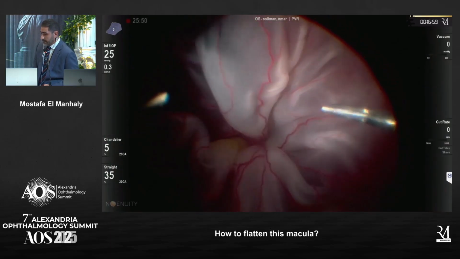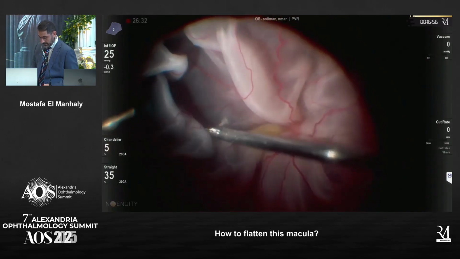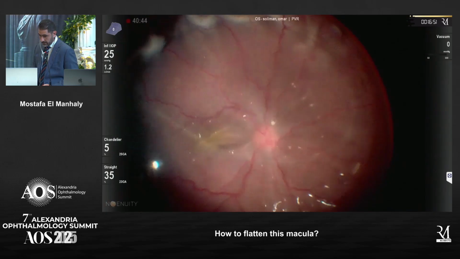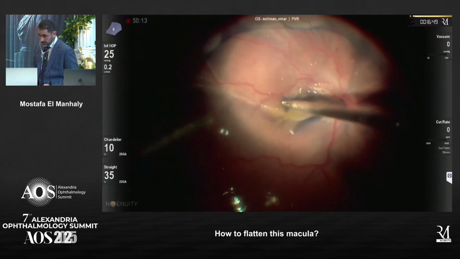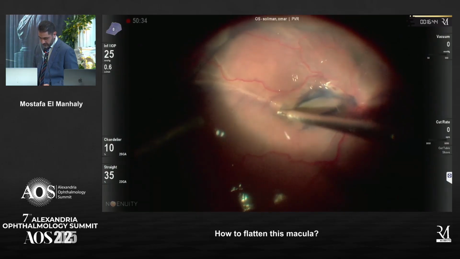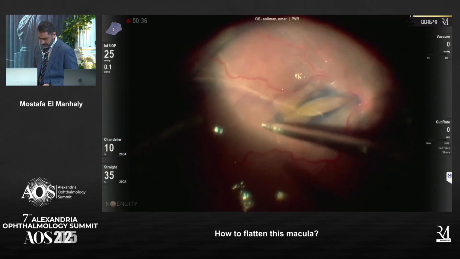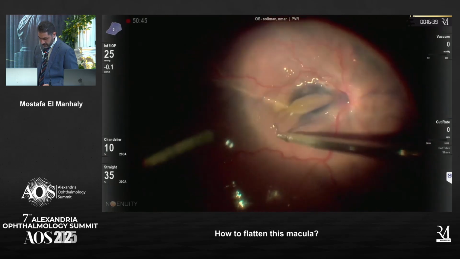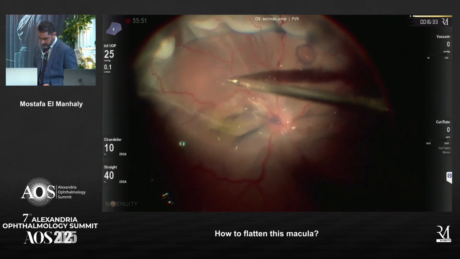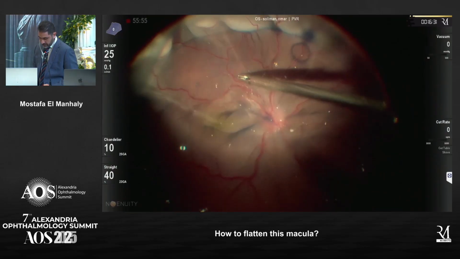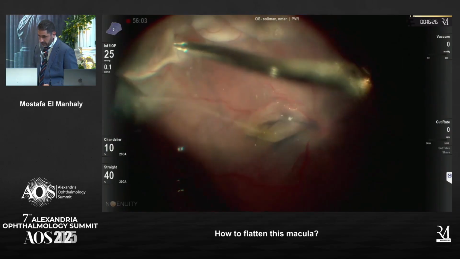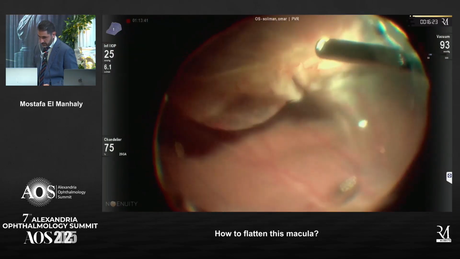Well, this is a pediatric retinal detachment, and the retina looks as if there was an epiretinal membrane, but after flattening the central part with perfluorocarbon, I discovered the presence of a taut subretinal strand, and actually it was an extensive subretinal strand. And strange enough, the ILM was attached to the posterior hyaloid. So this is the posterior hyaloid, and I discovered the presence of another layer of the posterior hyaloid while I'm trying to remove the